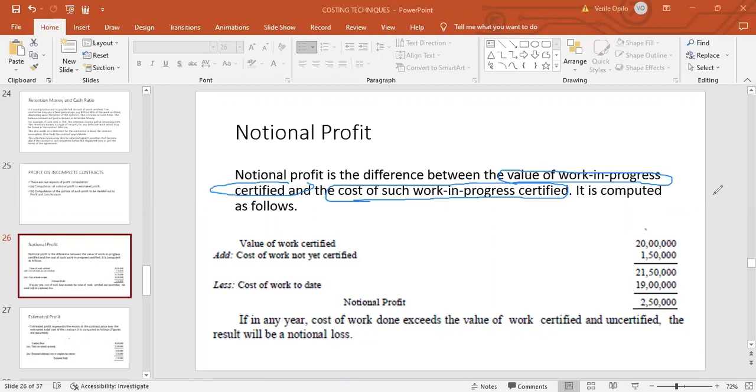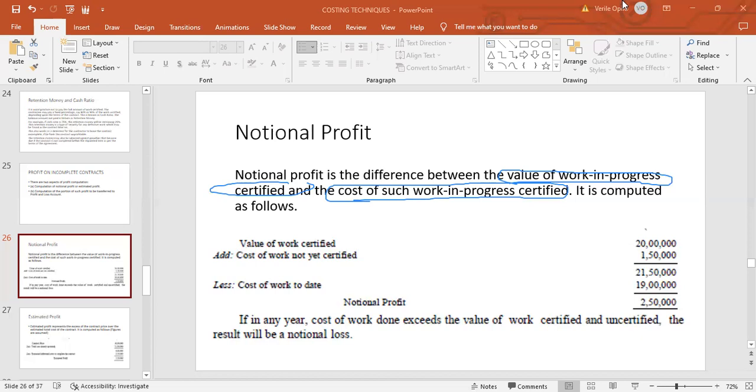How much have we incurred in terms of raw materials? How much have we incurred in terms of labor? How much have we incurred in terms of overheads for the amount of work that has been certified and approved by the architect? In this case, you show the value of the work we've done and the cost of the amount of work that we have done. The difference between the two is what is going to give us what we call the notional